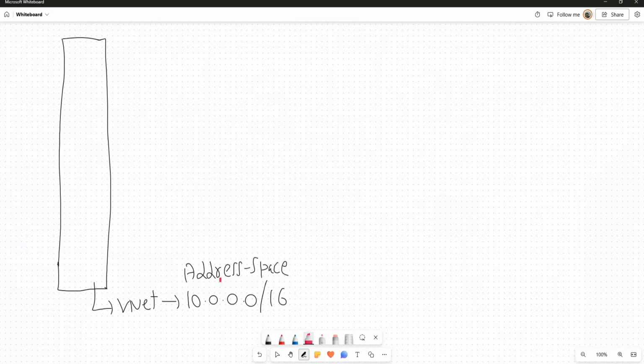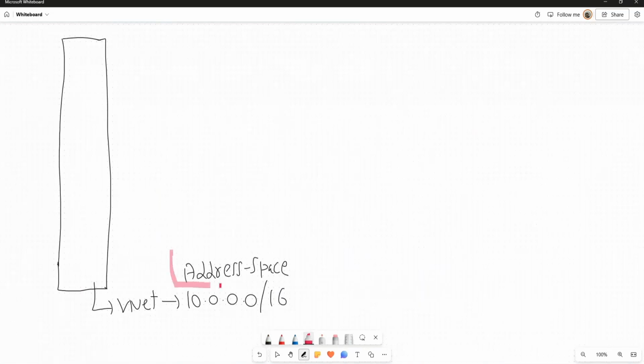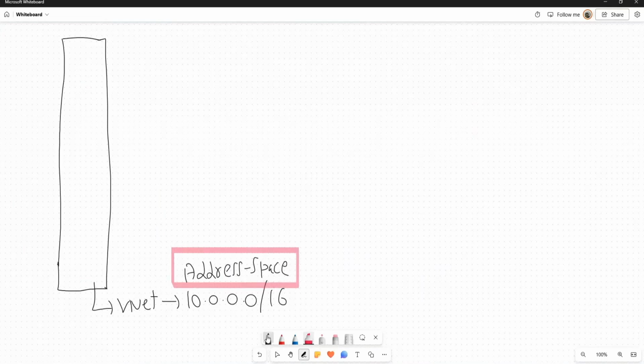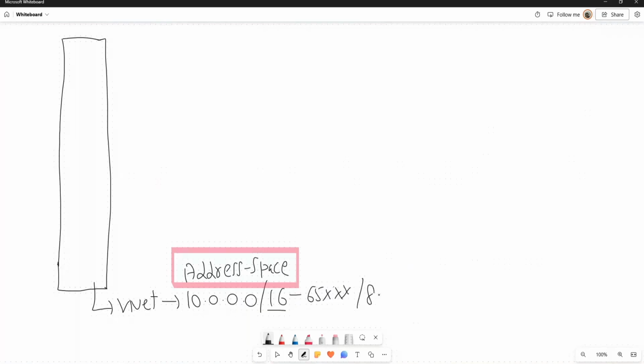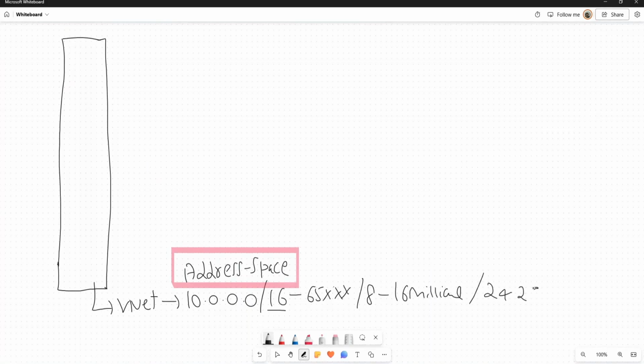Address space is like a DHCP range, from which IP addresses are allocated to the servers and VMs. If I put /16, then roughly 65,000 IPs are allocated in this range. If you do /8, 16 million, and if you do /24, about 254 IPs. So it depends on which slash you choose for the overall range.